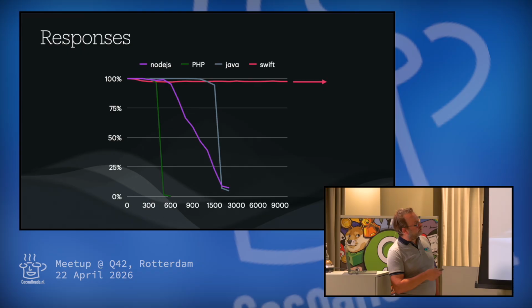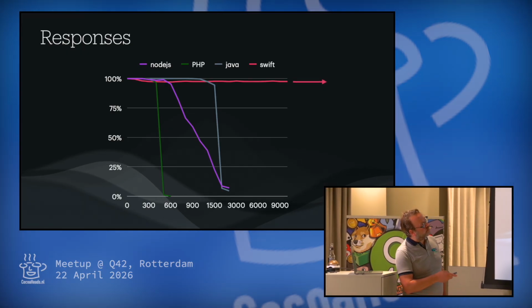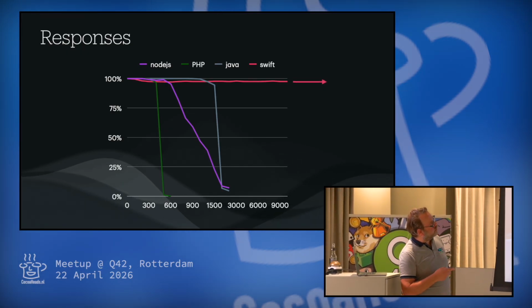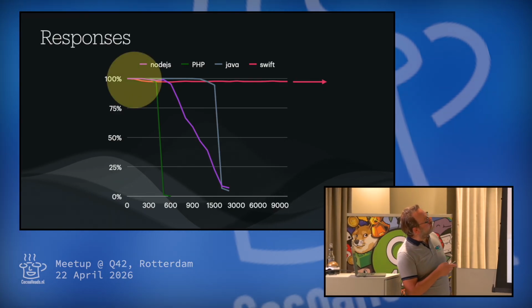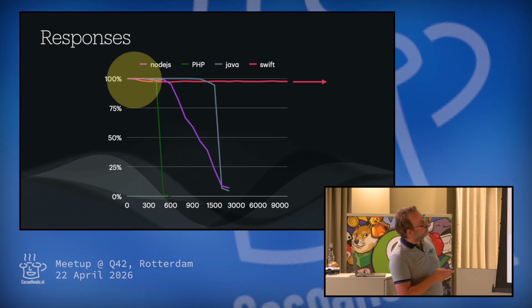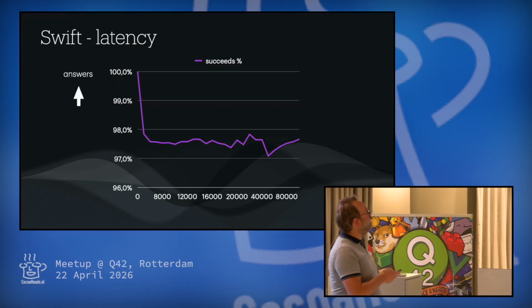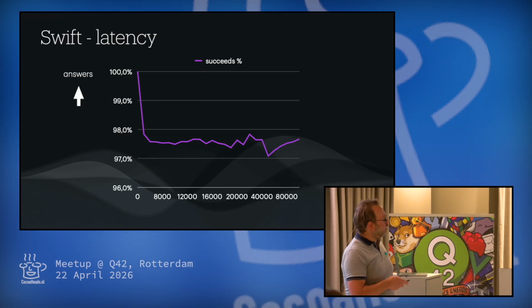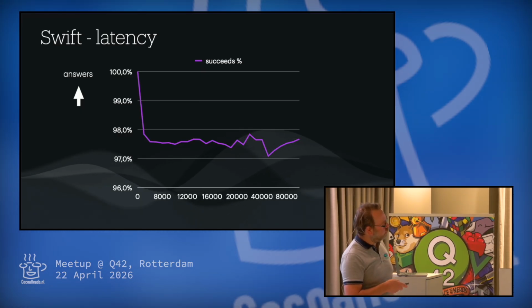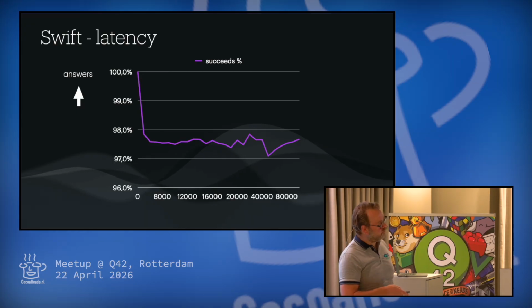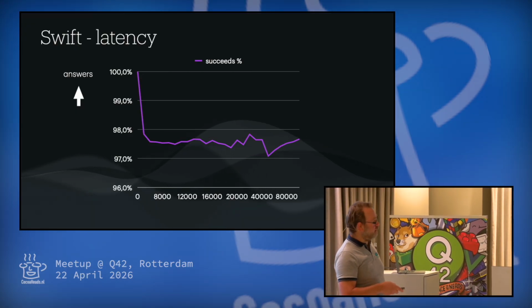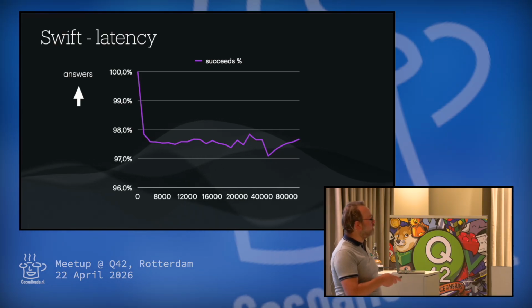So you saw this previous graph, but you see also there at the end, when does it stop? And also there's something weird here. All the other frameworks basically continue under 100%, but Swift goes down almost immediately. That's weird. If you zoom into that, you see the number of answers that you get from Swift. You do continue to get lots of answers, even if you go to like 40,000 concurrent requests, but it drops immediately from 100 to 97.5.